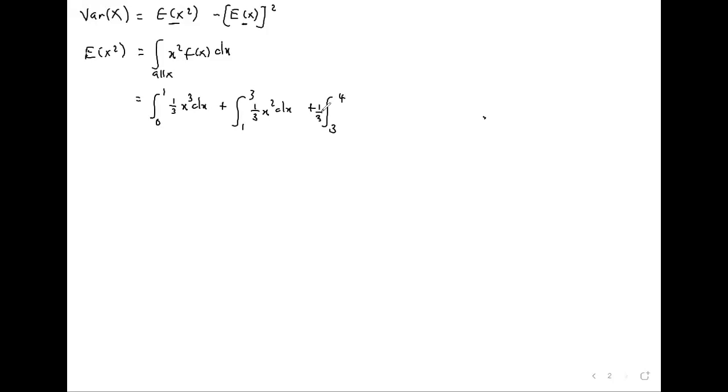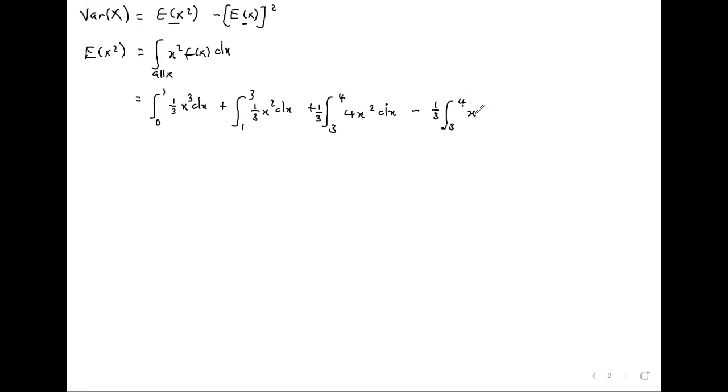You can put 1 over 3 outside. 1 over 3, 4x squared dx, minus 1 over 3 from 3 to 4. So I've decided to separate there to avoid too many things. So minus 1 over 3,